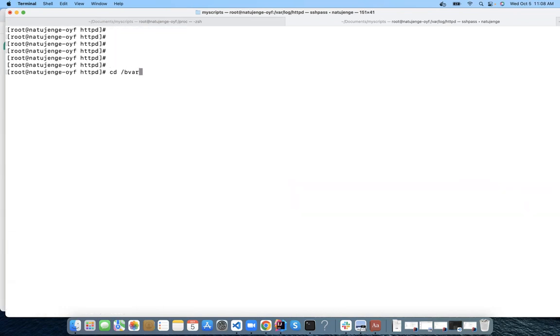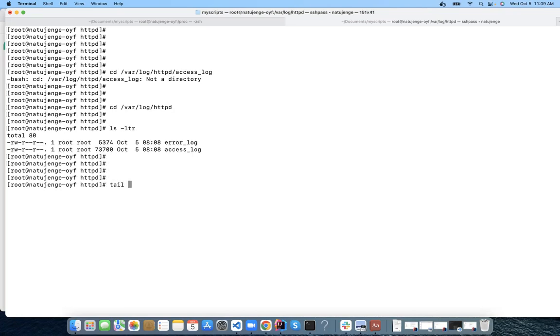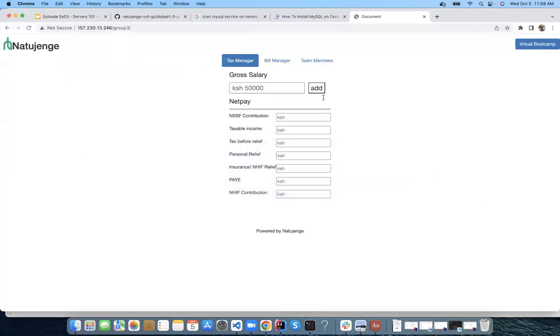you need to know for Nginx, where are the logs? You need to know for MySQL, where are the logs? Var log, HTTPD, then you have access log. Sorry, it's a directory. I was supposed to do cd. And then I can list, and then I can tail access log. Tail -F ensures that if anyone accesses the page,